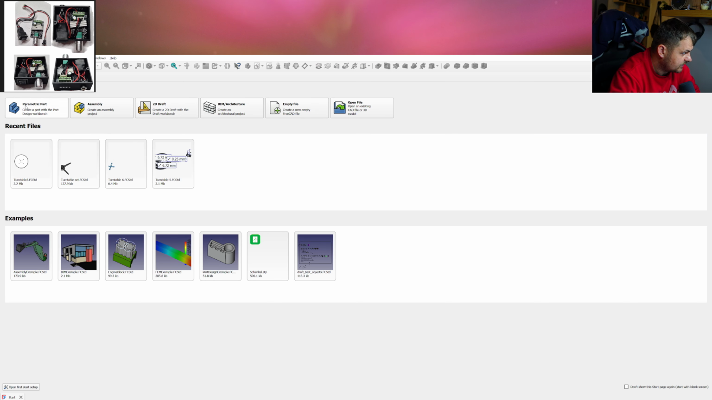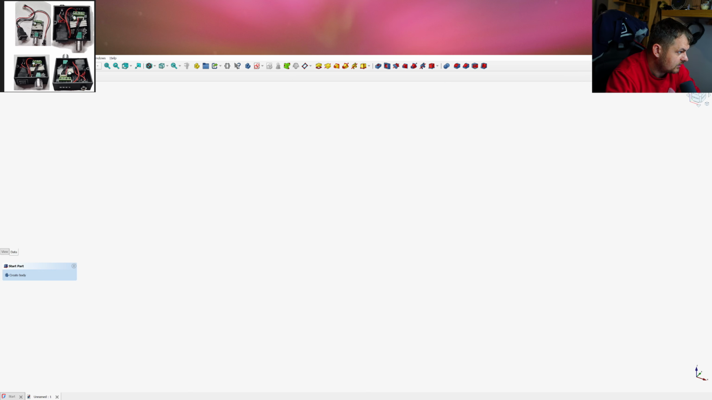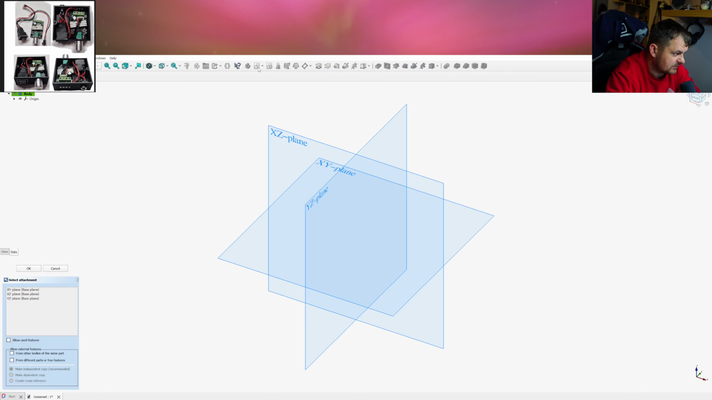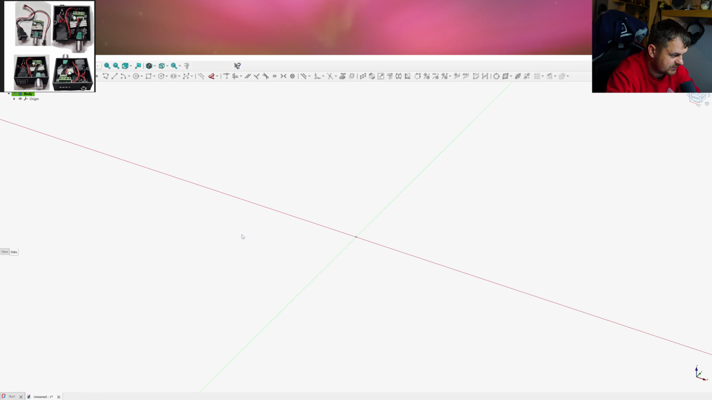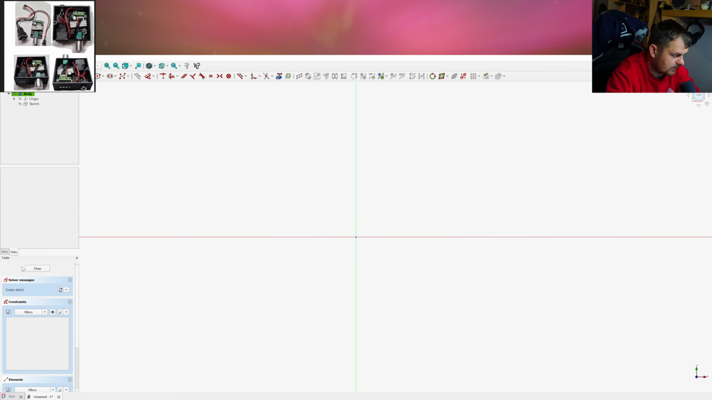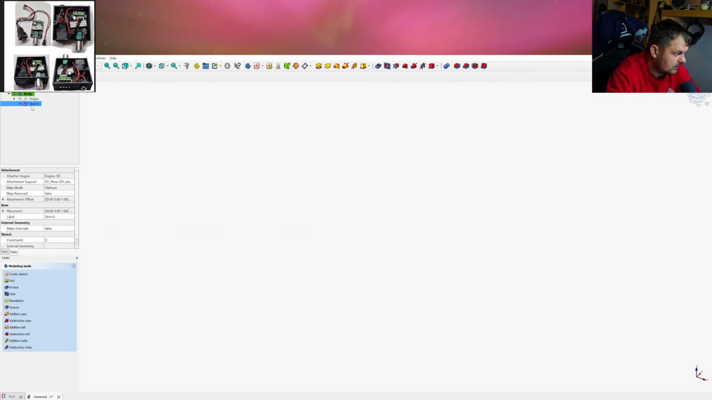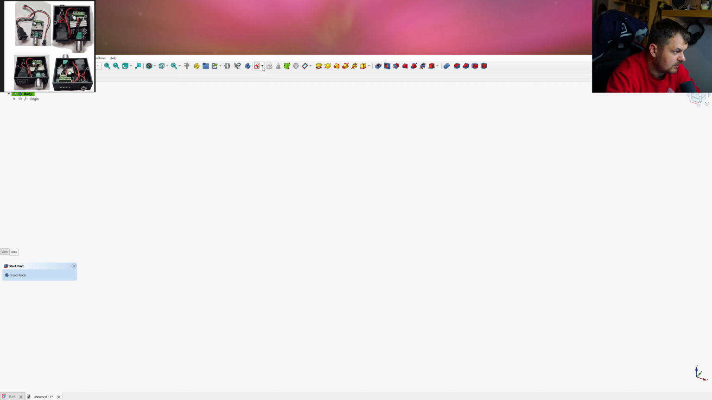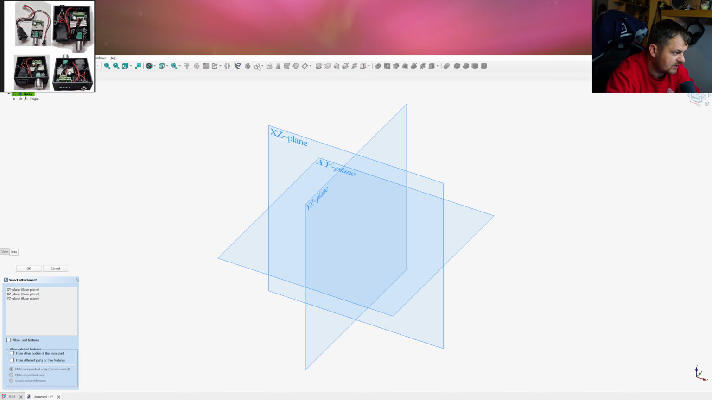Okay, let's start. We're gonna use FreeCAD of course. So let's create a new file, new body, and of course we're starting with drawing the base or the floor of this box. So again, new sketch, create sketch. We're gonna use the XY plane as a floor,